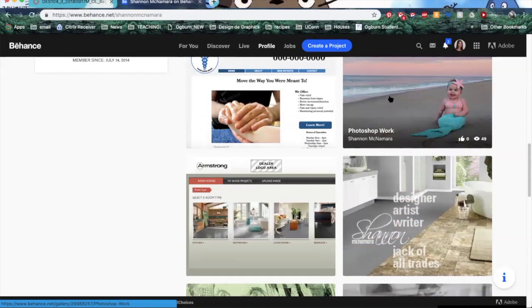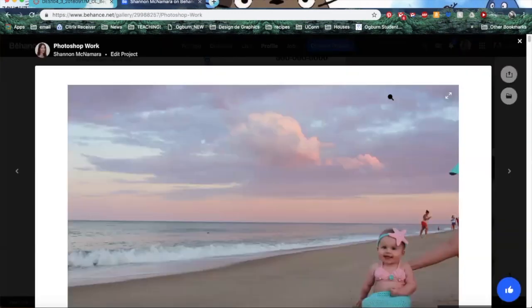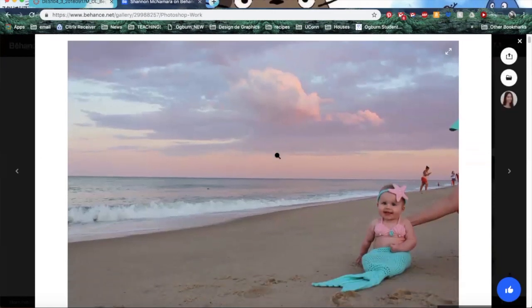So let's take a look at some of my Photoshop work that I've done. This might be the best way to show you what Photoshop can do. So here was a before photo that my friend took of her daughter on the beach in Florida, and she's in her Little Mermaid,